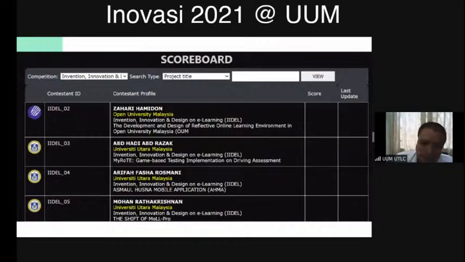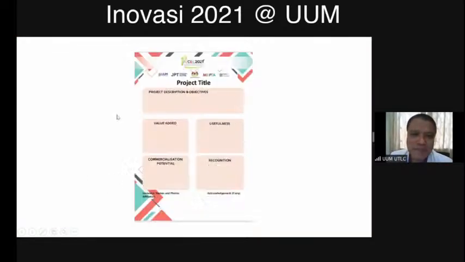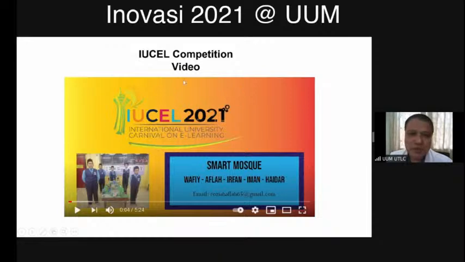Okay, the rest, this is the example lah. This is something like the score. This is the scoreboard later like this one. So they put the IUCEL category after they put the score something like this one. Okay. Then this is what I mentioned to you how to set up the link. This is the original project there, original project. Then this is if you want to put the video. This is the actual video done by the student